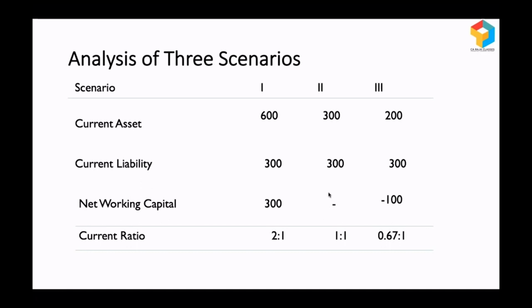So we can say in scenario 3, this business is in serious trouble, because within a year they have to settle 300 million. They have resources of only 200 million, and it is also very much evident by looking at current ratio, because for every rupee obligation they have only resources of 67 paise. So these kind of inferences are possible when you look at current ratio. Okay, for calculation it is very simple, but what it communicates is something very important, something really significant in decision making. Also it is very relevant. Okay, right. Next,